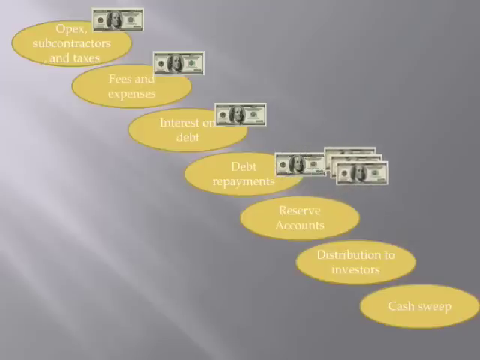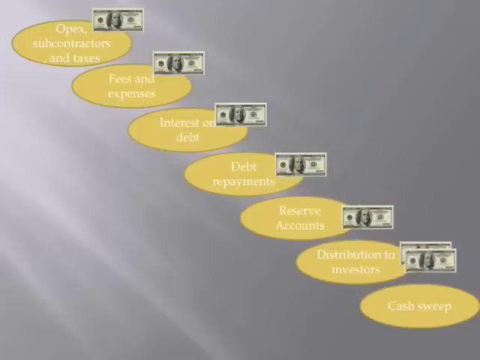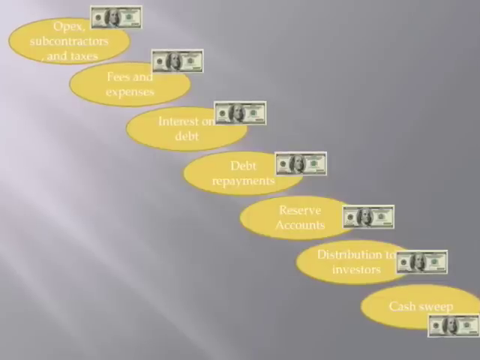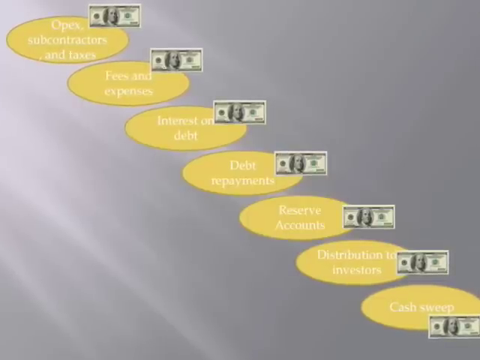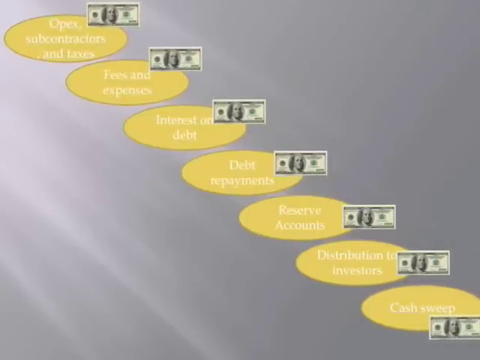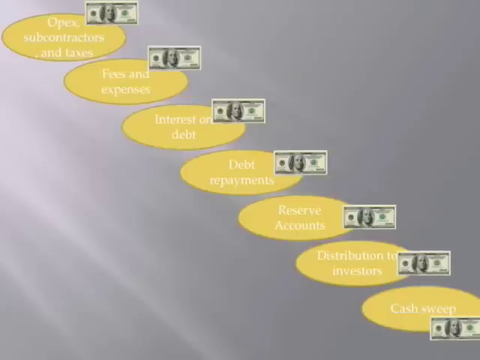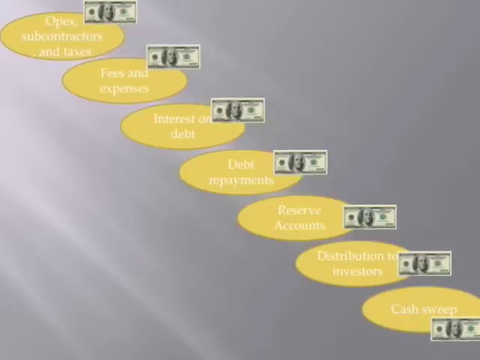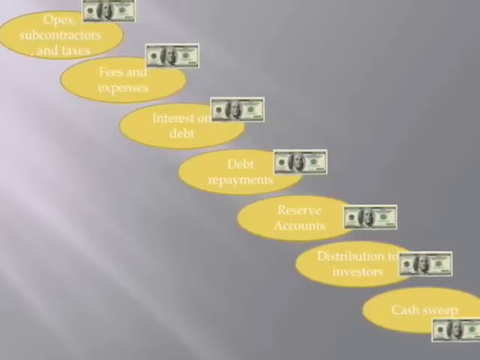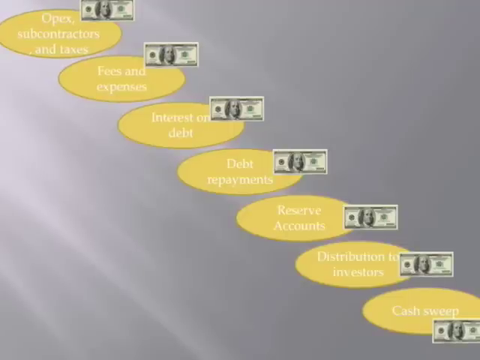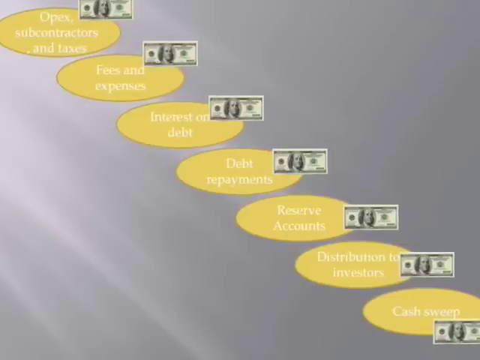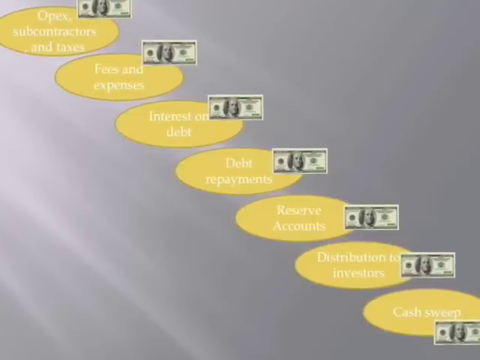The remaining revenue is moved down to the second category in prioritization until all expenses have been paid. This continues until all categories are paid or there are insufficient funds to complete payments for a particular category. For example, it follows that if there is insufficient cash to pay the first 5 items, no cash is distributed to the investors. To understand how this particular prioritization of expenses is valid, consider the description of expenses involved in